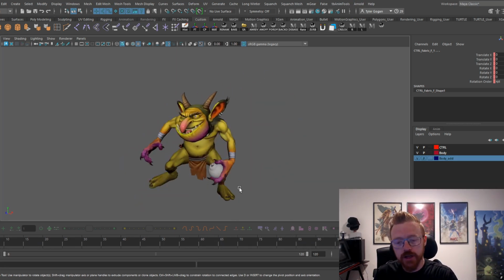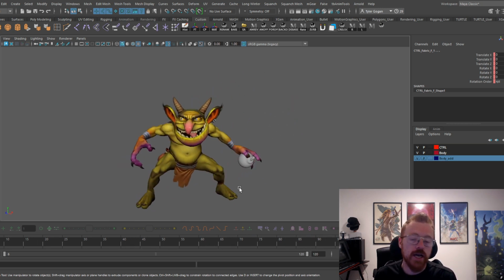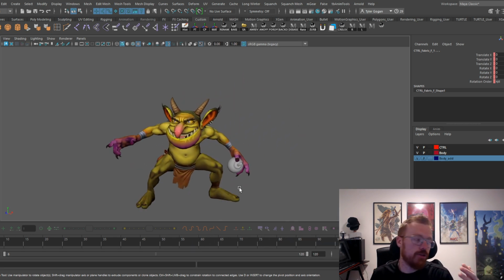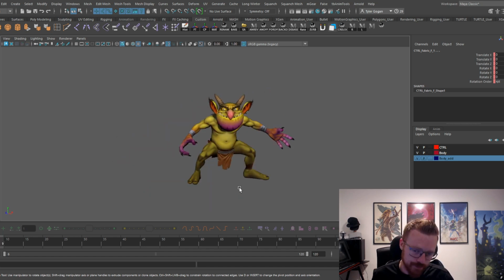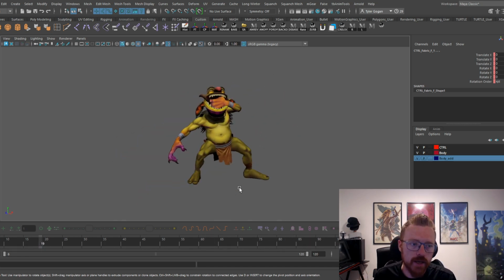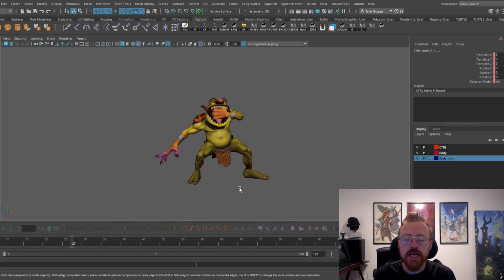Okay, today's video is about staging and animation and telegraphing your animations. So today we're gonna walk through this goblin animation of him pulling the bomb out of his throat and throwing it. Things that I want to point out about this lesson in the quick video is that